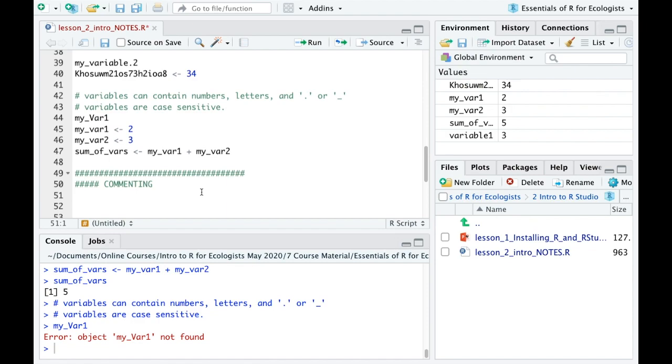Because just like field or lab notes, it's amazing how what seems really obvious and clear to you right now as you're typing the code, even a week or two later, coming back to the code after having done a lot of other work or field work or who knows what, you come back to the code and you're like, gosh, why did I add my var1 and my var2? I can't remember what the point of this was.